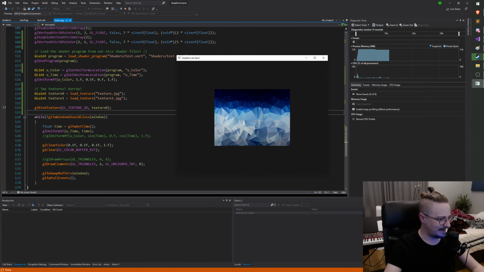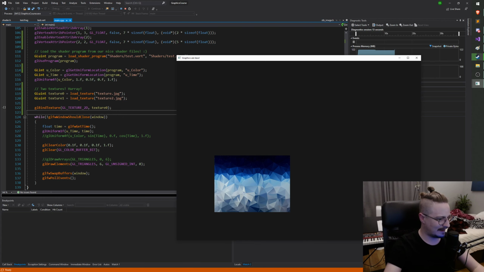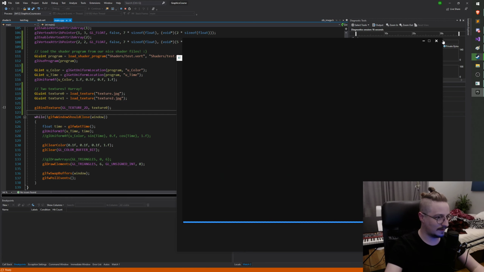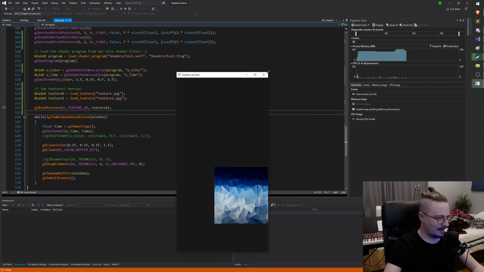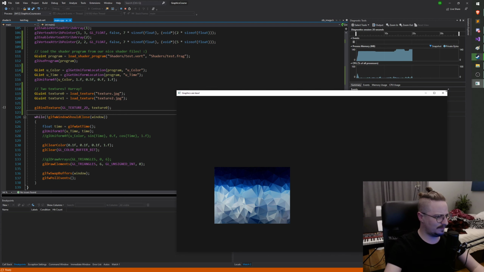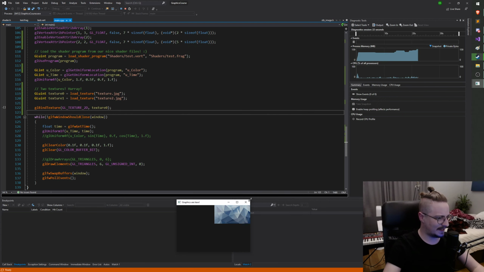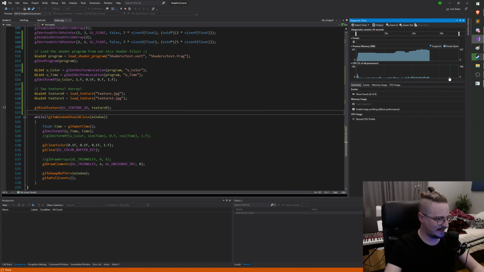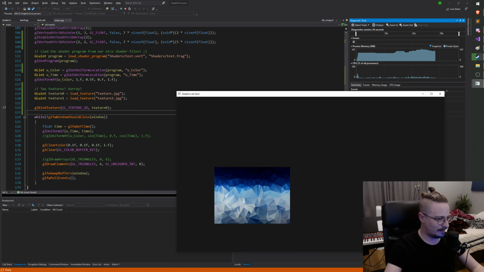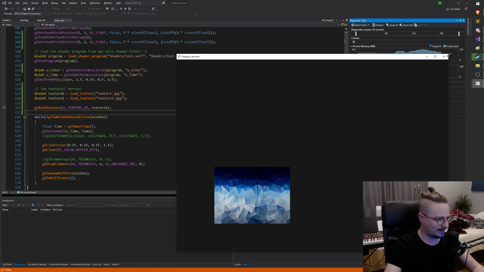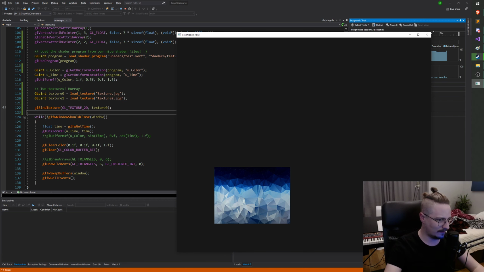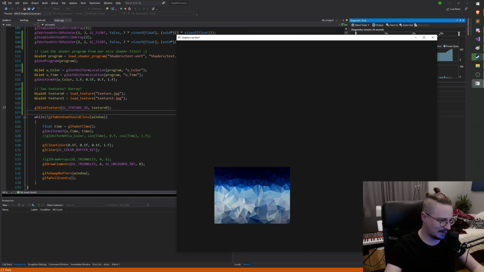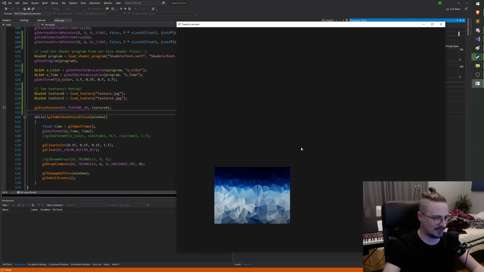Also, you know what? Just a little quality of life thing. Do you see this? Do you see, as I resize the window, the quad doesn't change, which is kind of weird. It would be better perhaps if, as we resize the window, the actual GL